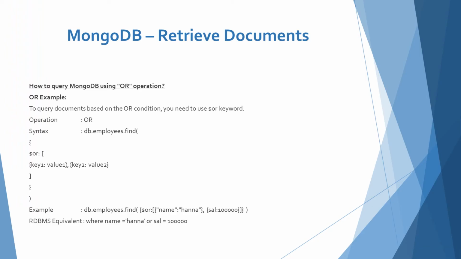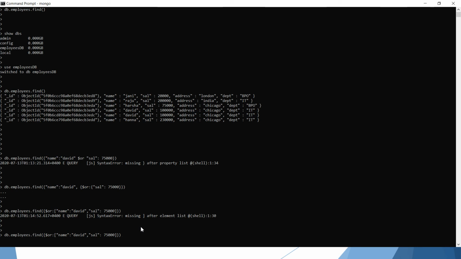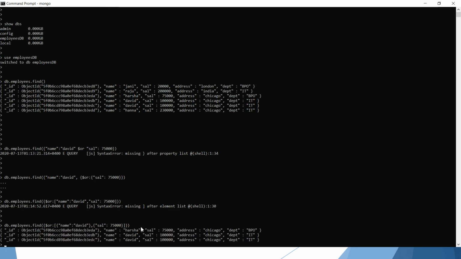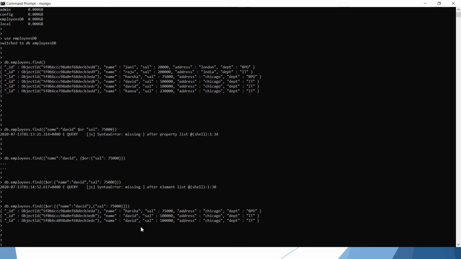What is wrong here? Yeah, got it. Key value pairs should be in the curly brackets. Okay, that is the mistake I made.